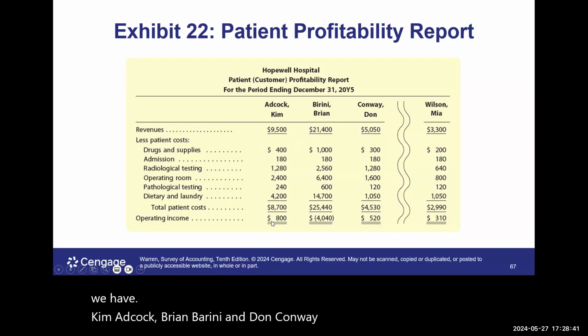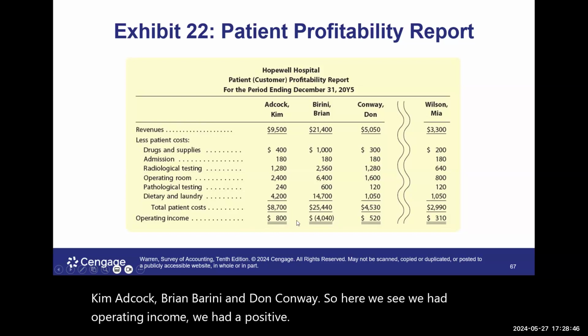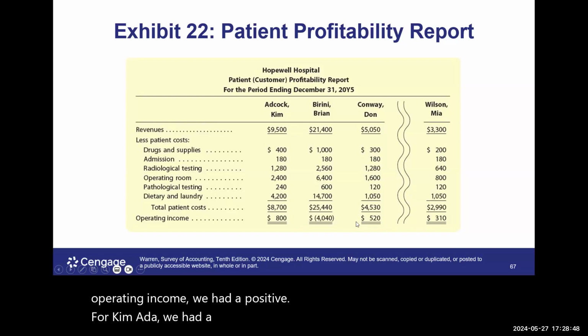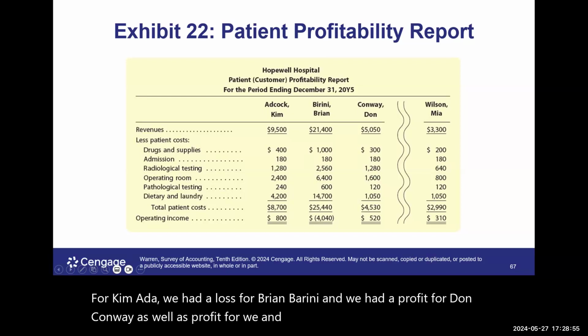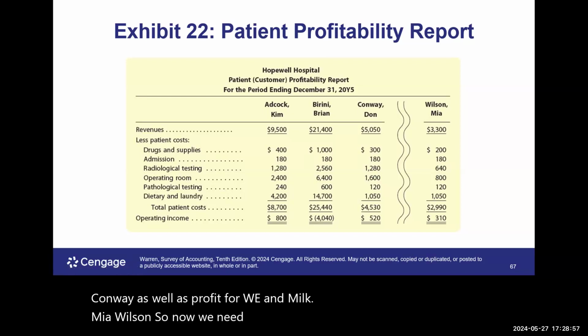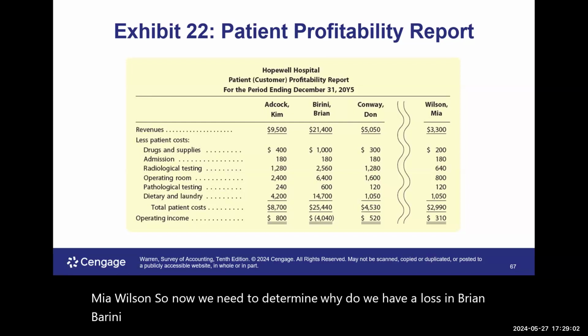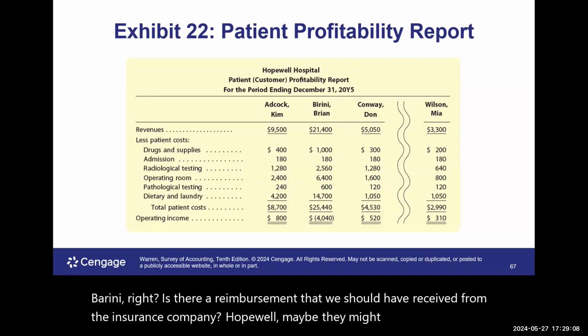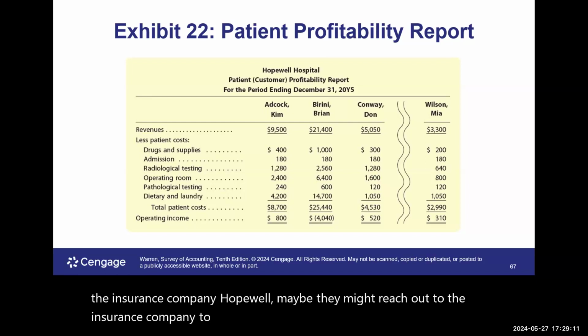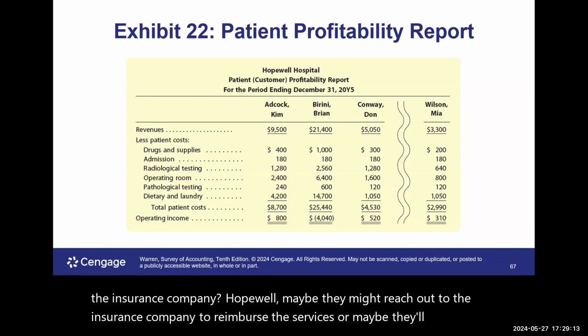Here we see operating income. We had a positive for Kim Adcock, we had a loss for Brian Barini, and we had profit for Don Conway, as well as profit for Mia Wilson. So now we need to determine, why did we have a loss for Brian Barini? Is there a reimbursement that we should have received from the insurance company? Hopewell might reach out to the insurance company to reimburse the services,